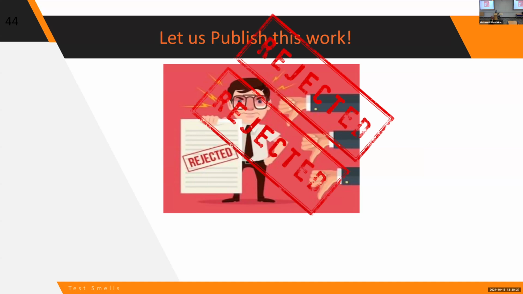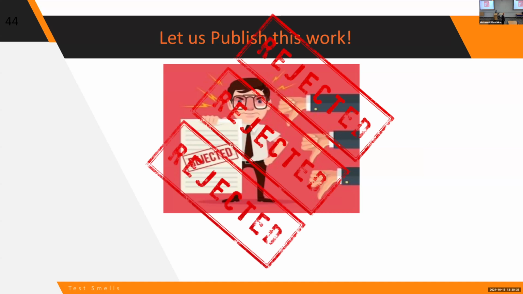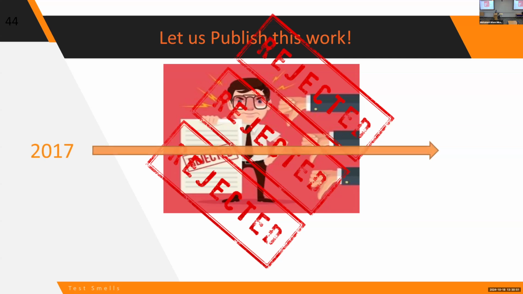Again, we thought, okay, maybe the sample we selected to show the examples was too small. Let's make it a larger sample. We did that. We revised the paper, we submitted, it got rejected again. At this stage, as a student, you are already doing something else in your career, right? And this paper just keeps getting rejected, right? And this rejection spans from 2017 all the way to 2019.